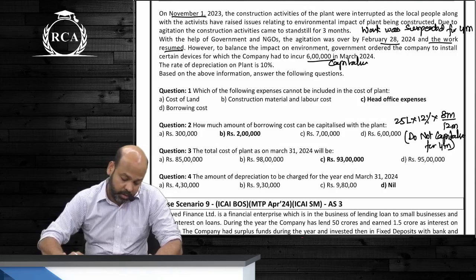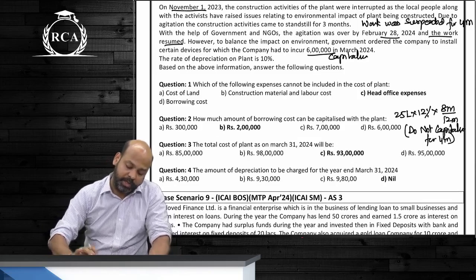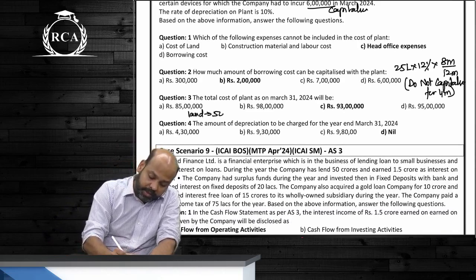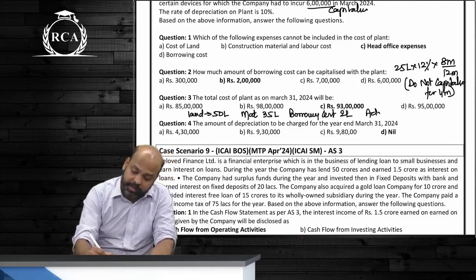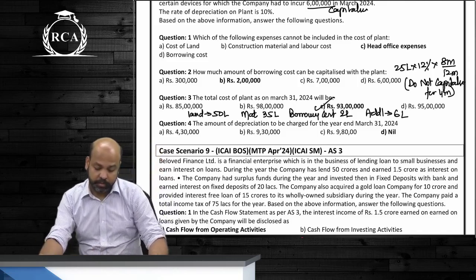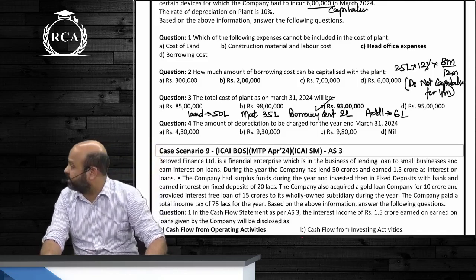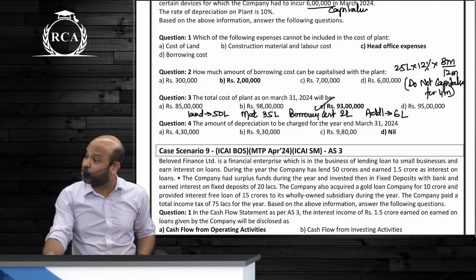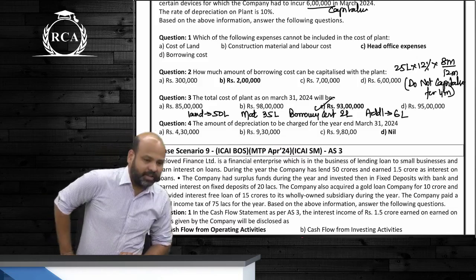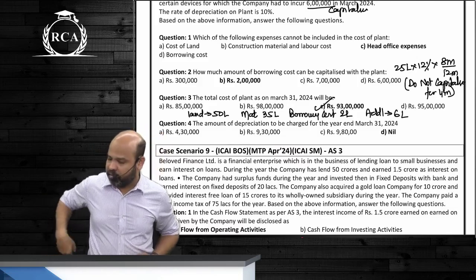The total cost of the plant as on March 31st, guys. पहले तो बोलो बेटा land कितने में लिए थे? 50 lakhs. Material पे कितना खर्च किए थे? 35 lakhs. Borrowing cost 2 lakhs. And वो additional expenditure बेटा 6 lakhs. How much is that? 93 lakhs. We purchased the land for 50 lakhs, guys. Additional material 35 lakhs. Borrowing cost 2 lakhs. Additional expenditure that we have incurred at the end, beta, was 6 lakhs. All put together, guys, it is 93 lakhs.